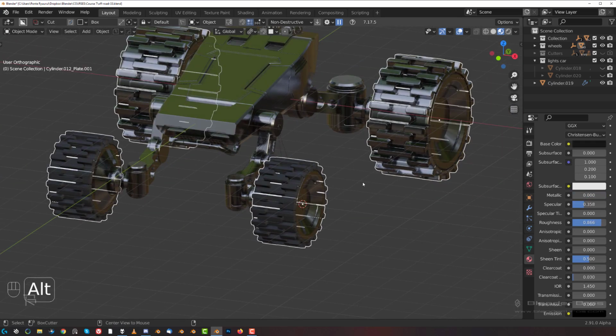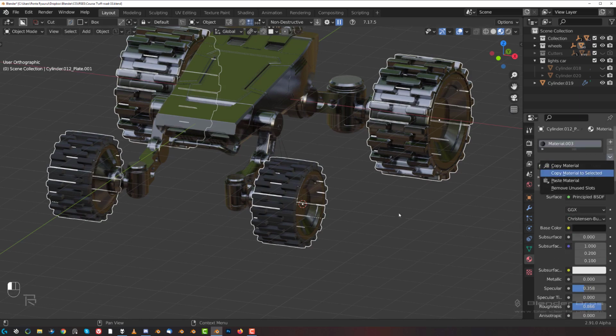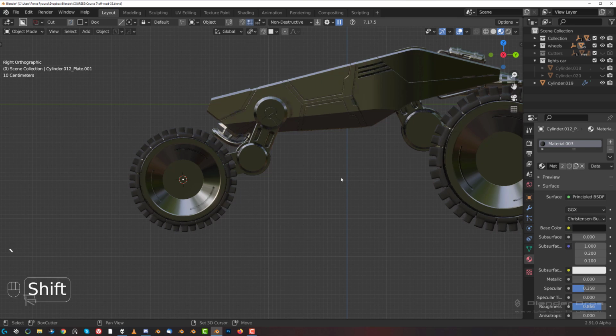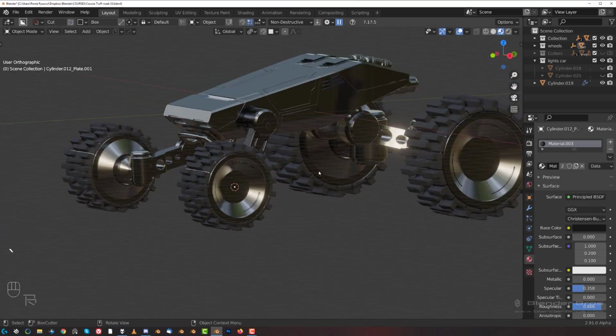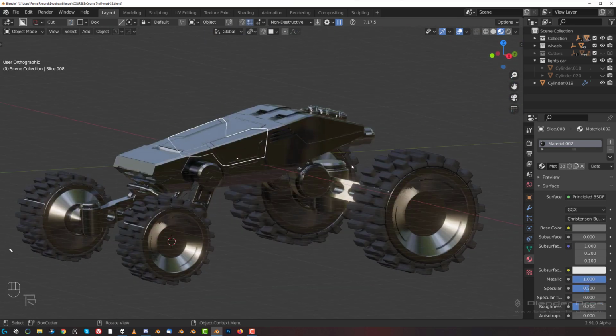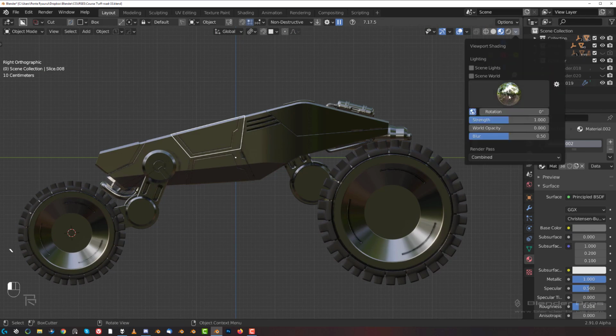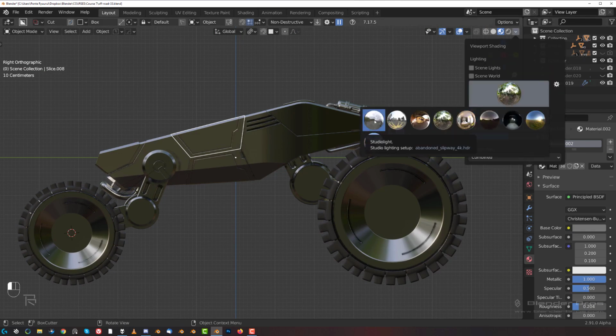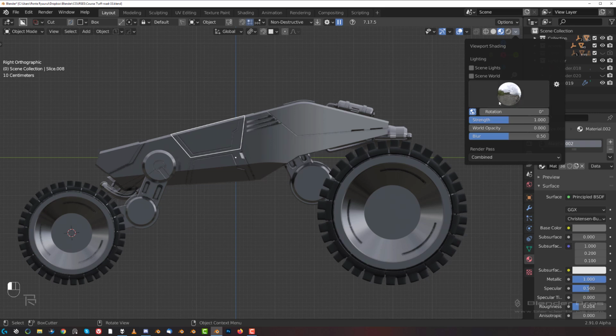So select these and Alt and simply copy your mat here, right, to the tires, and the tires sorted. Now this one's a little bit flashy. Okay, so in fact we're gonna change our HDRI to something different, and you probably don't have this one, so